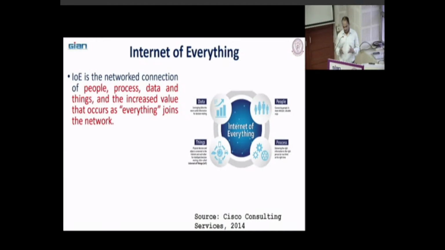Okay, suppose because of all those things, you know the benefits, and if you are still using the traditional technology, what is the use of those technologies? Okay, so that's the role of people in this Internet of Things or in this digital supply chain process: delivering the right information to the right person or machine at the right time.